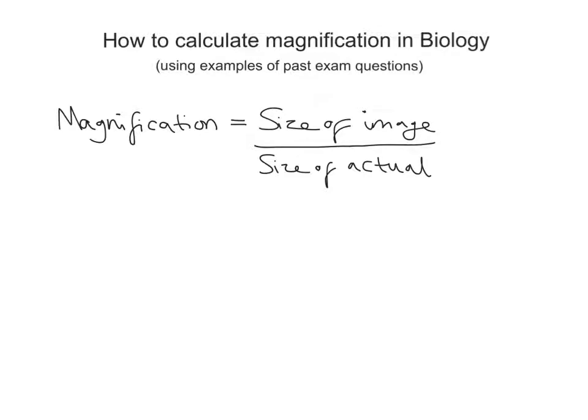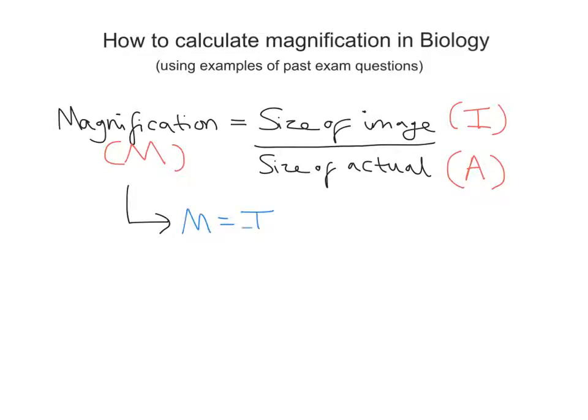And you can use different letters to represent these three key components of this formula. So magnification is the size of image over the size of the actual thing you're looking at. Magnification we're going to refer to as M. Size of image we're going to refer to as I. And the actual size is A. So clearly this formula now becomes M equals I over A. So take the size of the image, divide it by the size it actually is,